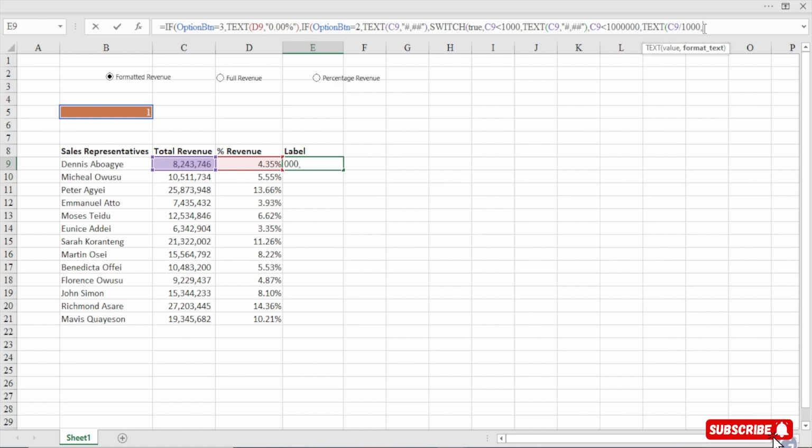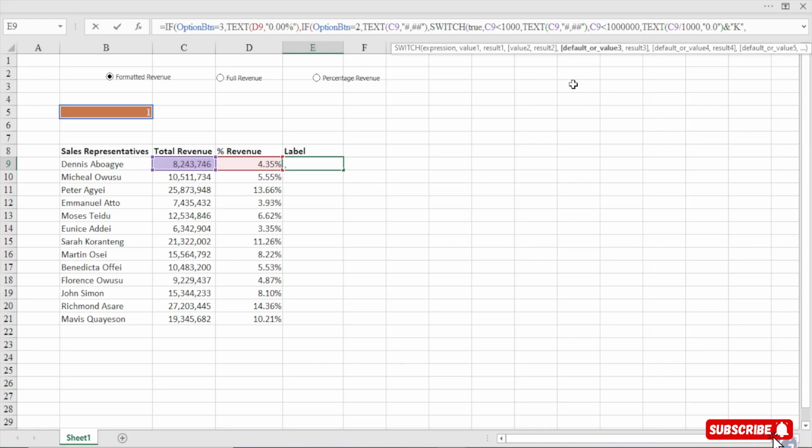If it is less than 1 million, then this revenue divided by 1000, comma, and then the format text. How do you want to format it? You want to say 0.0, and then we close the double quotes, we close our brackets, and then we concatenate it, or combine it, with the K, to say that this is maybe 700,000, 900,000, 800,000. So instead of rewriting the full number, we are going to write 900k, 200k. Do you see that? Perfect.